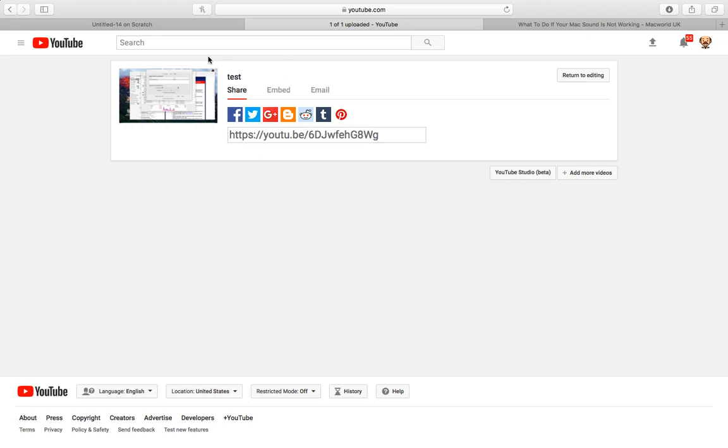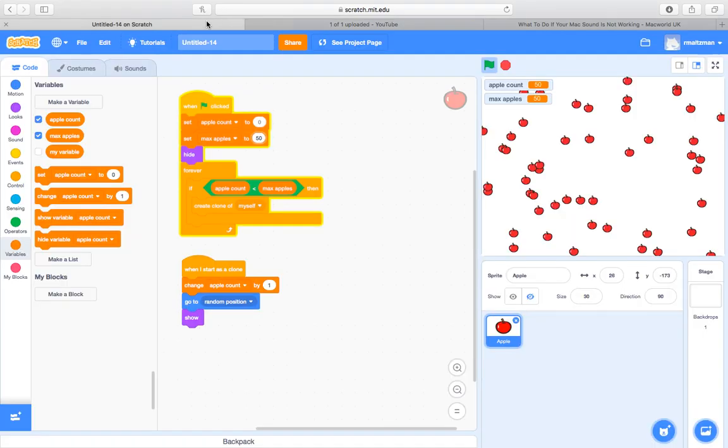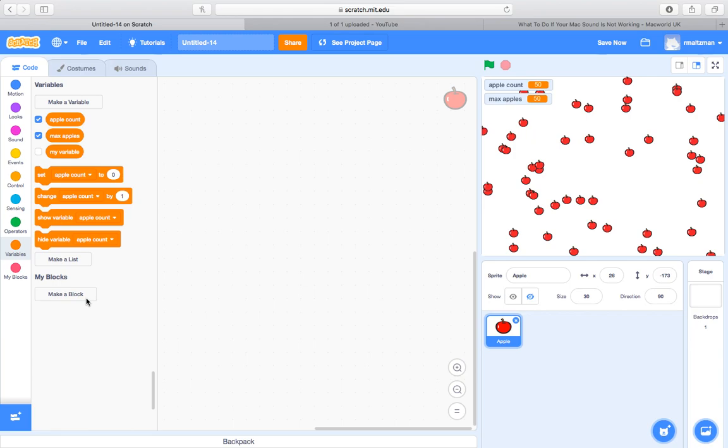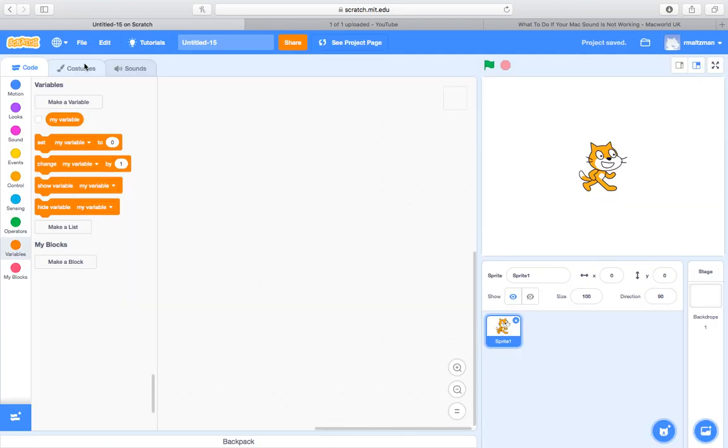Okay, so what we're going to do today is build a biological system. And the first step in the biological system, let's just get rid of all this and pretend it doesn't exist. Never mind. Let's just do file new. Okay, so the first step in the biological system is that we want to have a certain number of apples